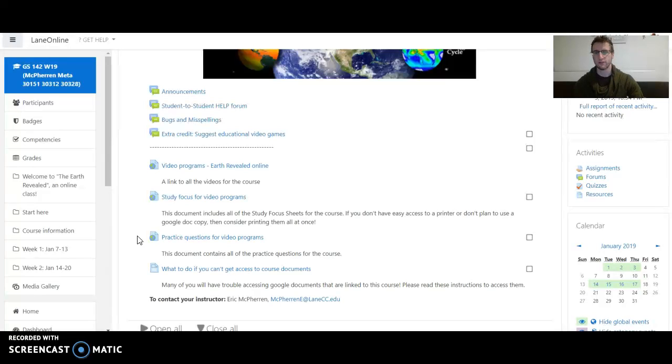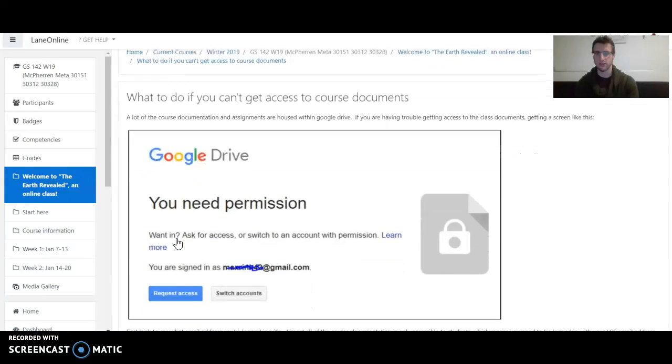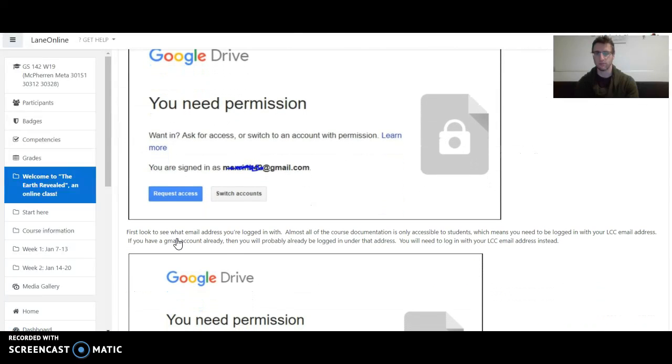You won't be using it for emails, but it will have everything like Google Drive access. And if you do end up having a problem accessing any of those Google documents, check out this little page here, and it will go through and explain that